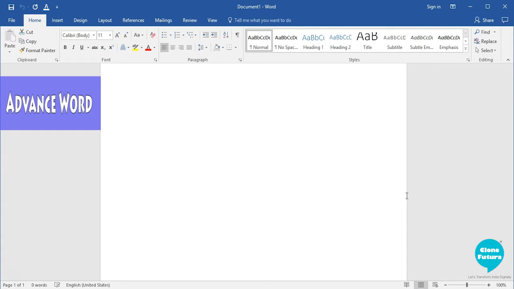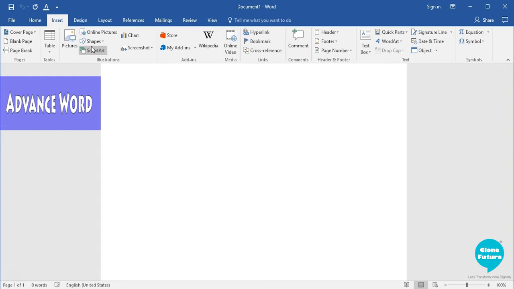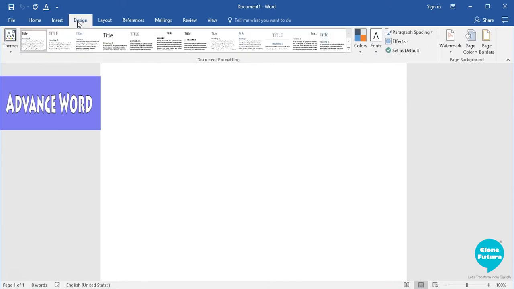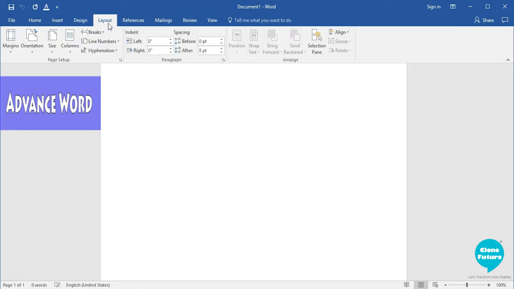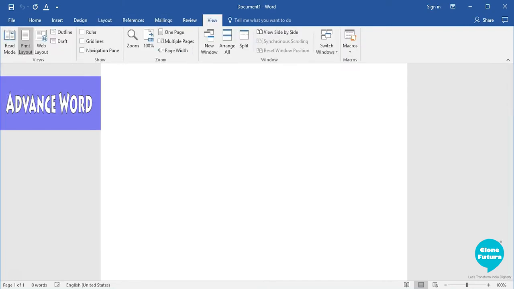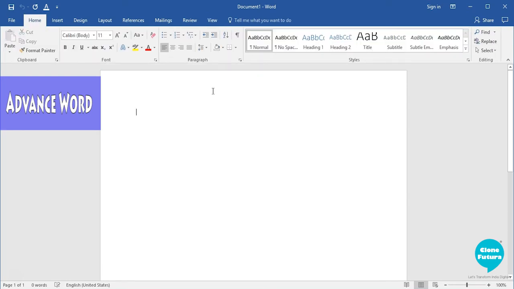We had seen many options from the Home tab like cut, copy, paste, different formatting options, different alignment and listing options, formatting the document with provided styles, inserting images and shapes, inserting text options, designing your document by coloring it, giving it borders, changing the orientation of the page, changing the margin of the page, viewing your document with different views and zooming options, and so on. Now what we are going to see is a little more advanced than what we have seen before.